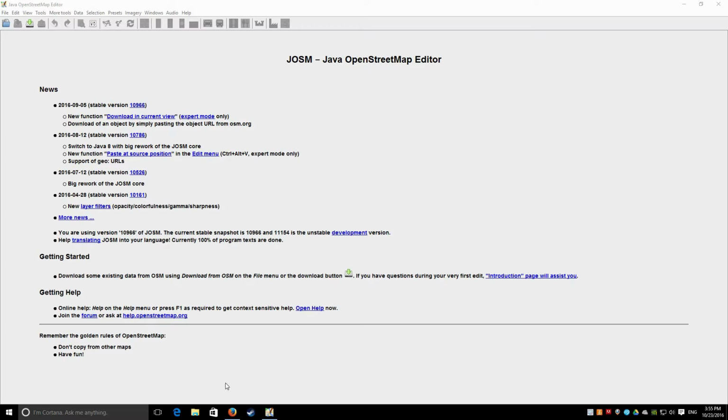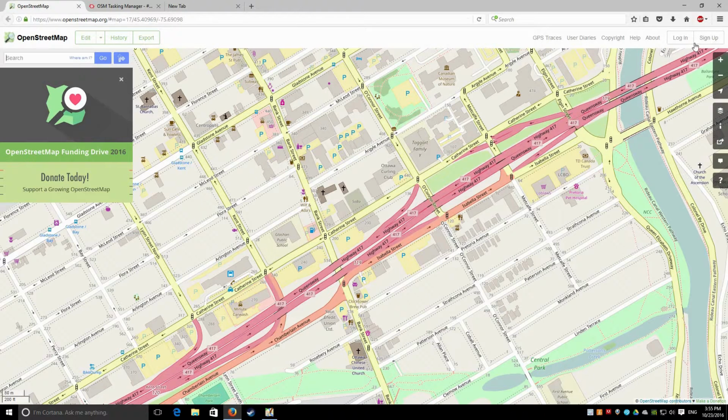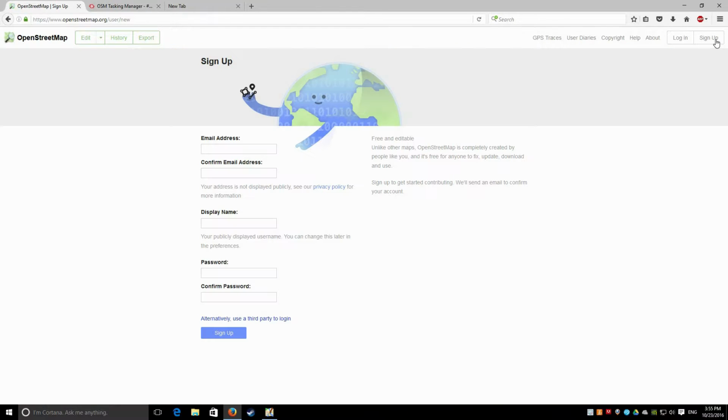So here we go. The first thing that you're going to need is an import account. This is very, very important. You're going to have to go to OpenStreetMap and sign up for a new account. Even if you do have an account for OpenStreetMap, you will need an actual import account. If you do have a Gmail, you can use your email with the plus sign import at gmail.com, and what that will do is